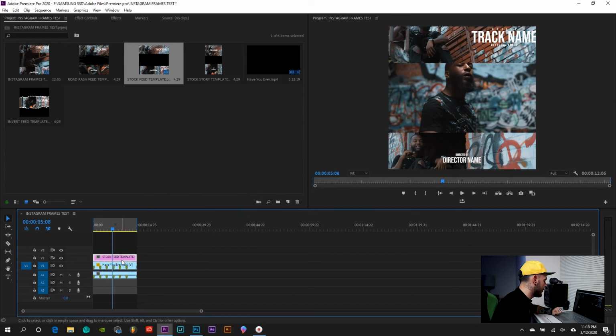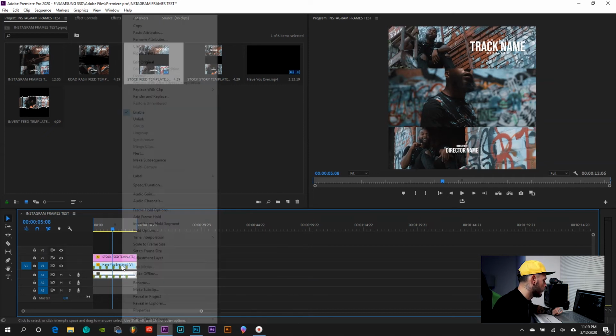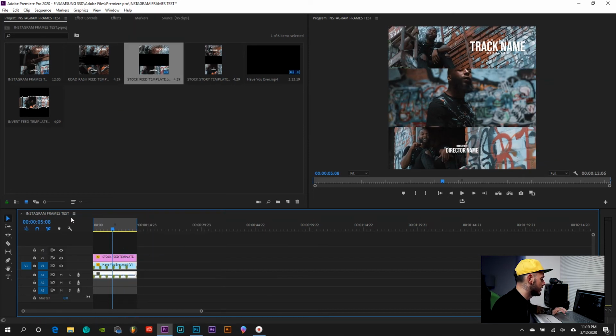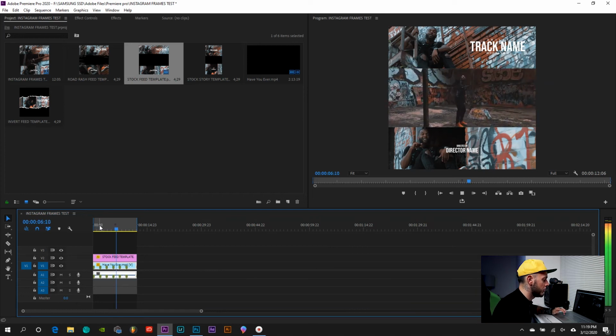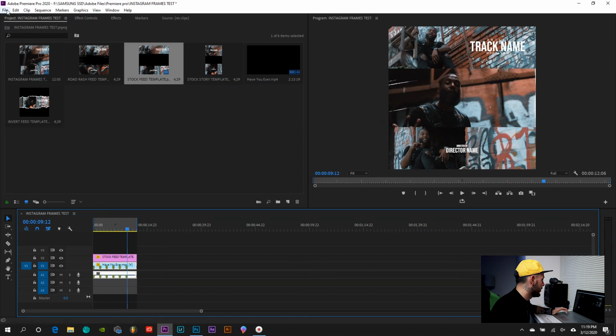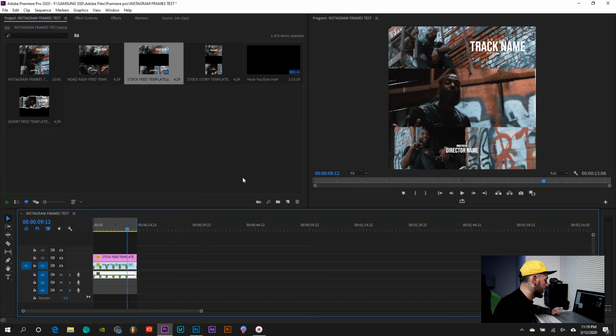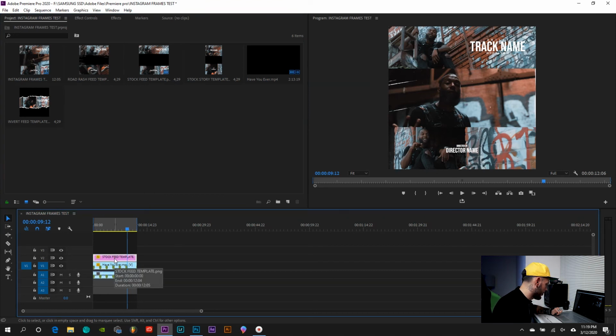Select the feed template, your frame here, right click, set to frame size. Click the music video, right click, set to frame size, and you're good to go. Nothing else you need to do with this one. Very simple, just like that. And once again, File, Export, Media. You go ahead and export it, send it to the artist, upload it to Instagram, whatever else you need to do with it. And we're gonna go ahead and cut this out, and we're gonna move on to Road Rash,